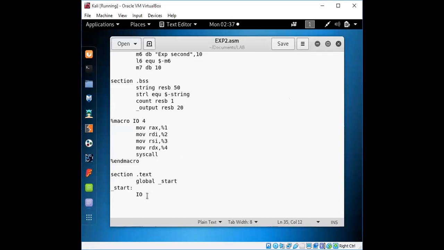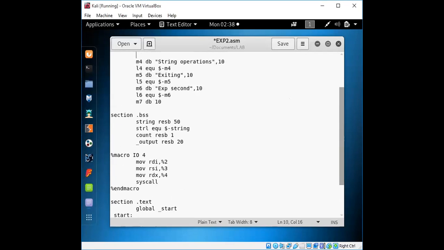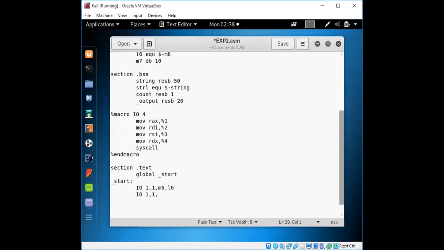Right, so we'll make the first macro call, which displays the first message, that is your sixth assignment. We'll display that also. Right, so it is your experiment number second. Then the messages for displaying the title, which is string operation. Right, so the sequence can be referred to wherever you have made the macro call, right? And now the actual message one, that is entering the string.